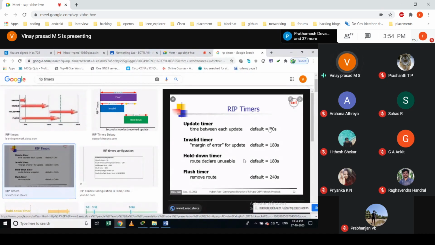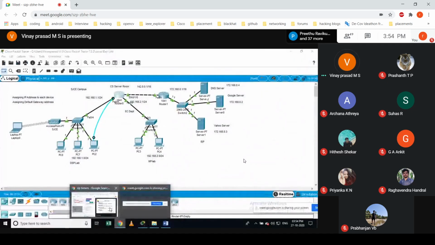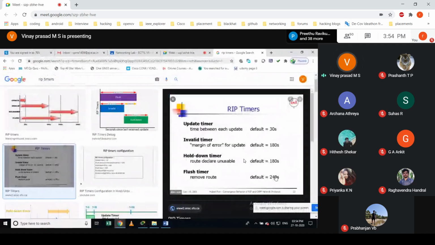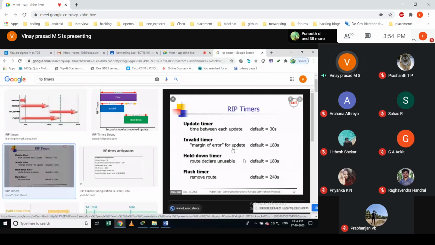So if something goes wrong in this network, you have to wait 240 seconds, plus another 180, so totally 360 seconds, to find the next alternate route to reach that network.